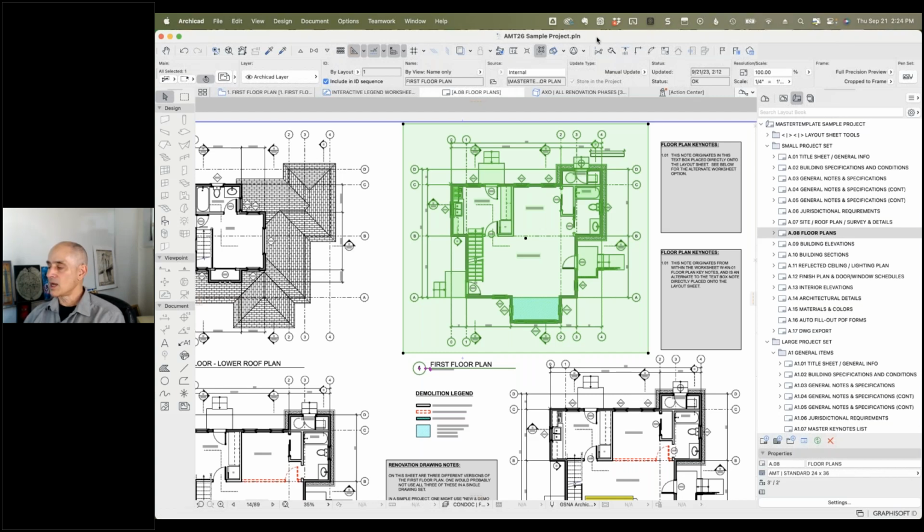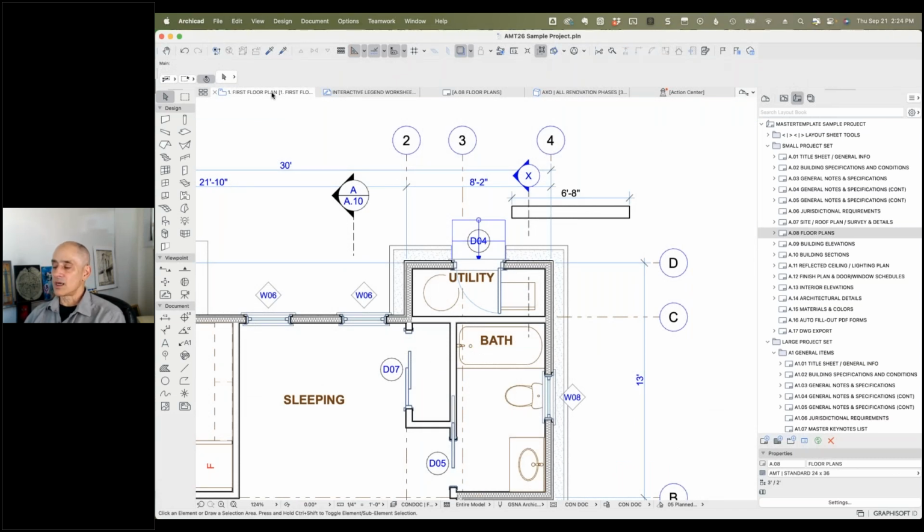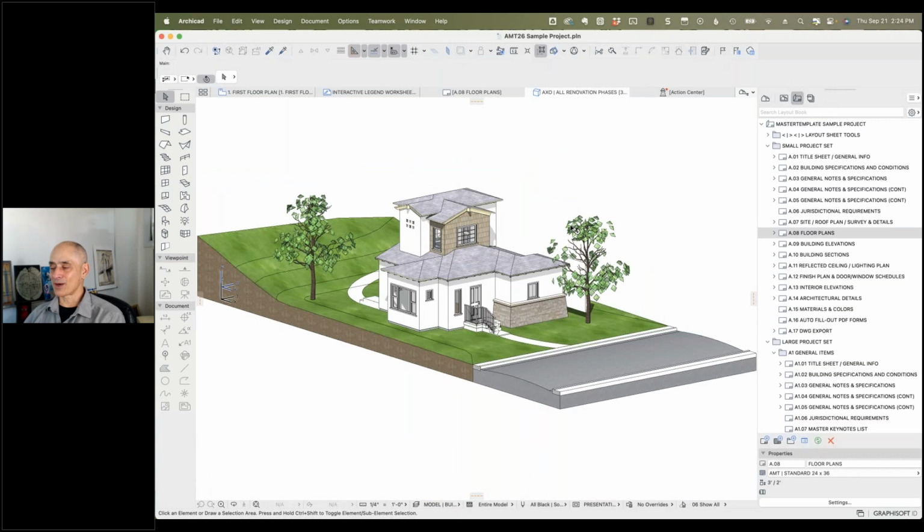So let's talk about complex profiles. Now, in this sample project, one of the reasons I have it open is because I have a lot of different things set up to demonstrate how ArchiCAD works. It makes it very easy for me to just open things because I have a lot built in there, and it is a great way to understand how ArchiCAD functions by even just looking at this sample project. Even though it's a very small project, many of you have seen this many times before, just a little bungalow, a California house designed just for training purposes by an architect that I worked with for quite a few years,